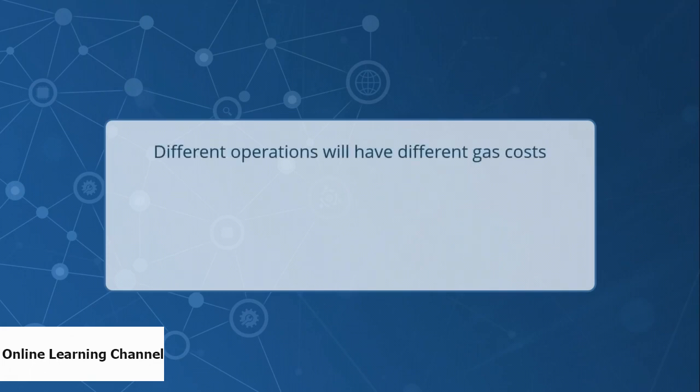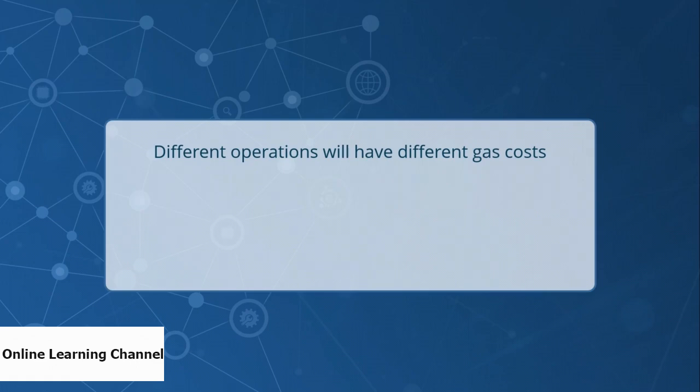This moves us to some of the other points to keep in mind when specifying a gas limit. As we have discussed, different operations on Ethereum all have different gas costs associated with them. While there are a number of different tools available to estimate the gas cost for a particular transaction, when you invoke them, these may not always be accurate, especially if there are a lot of checks for conditions in